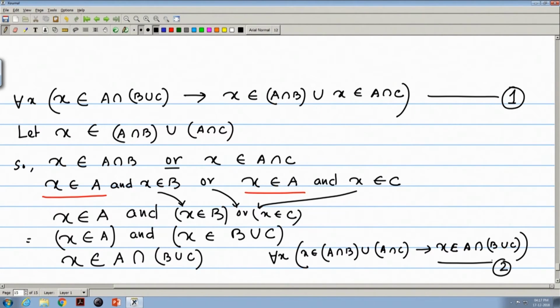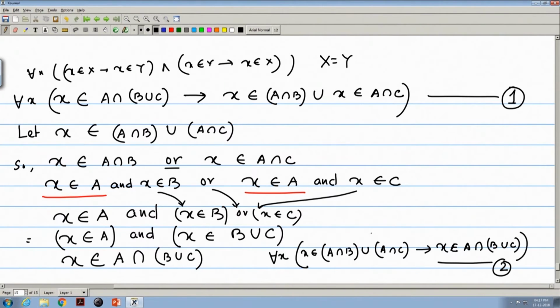So, since for all x, x belongs to A union B union C implies x belongs to capital X, and x belongs to capital Y implies x belongs to capital X for all x, and then this is nothing but my X equal to Y. So, here from 1 and 2,